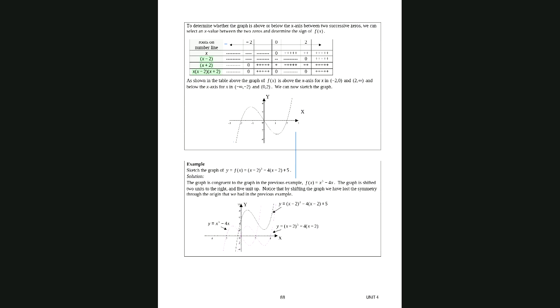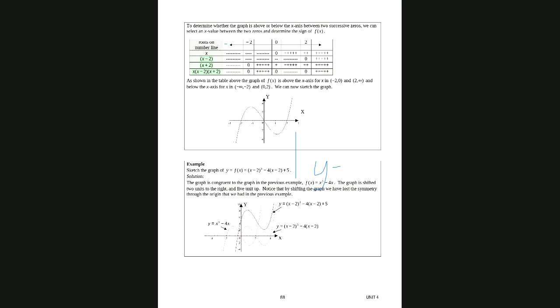Now, the next one, we have a graph saying that f of x equals (x minus 2) all cubed minus 4(x minus 2) plus 5. Please, you have to know that for a graph, you can use a different approach to draw it. The way this graph has been written, there is a possibility that you can do a translation. If you look at this graph, the original graph is going to be